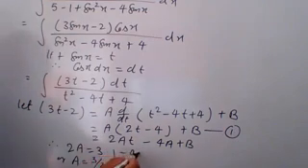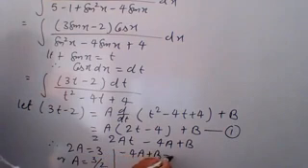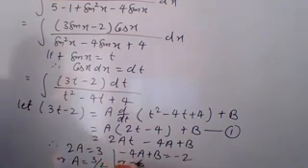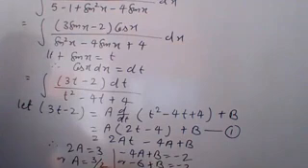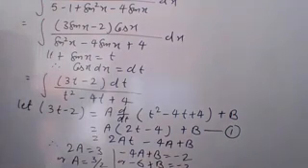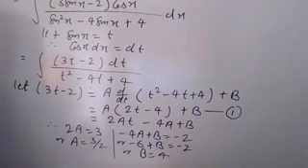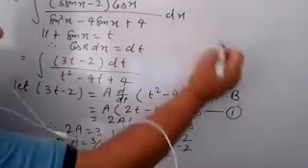And here you have minus 4a plus b is equal to minus 2. Now putting the value of a, you have minus 6, just check it, minus 6 plus b is equal to minus 2. So the value of b is equal to 4. Understand? So in this way, here you have the value of a and b. Now putting that value in the first equation.